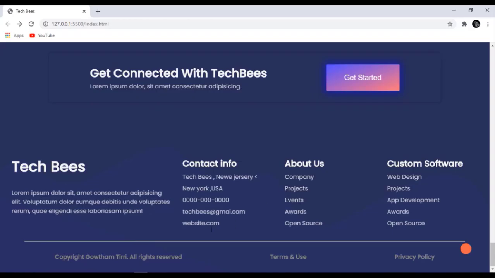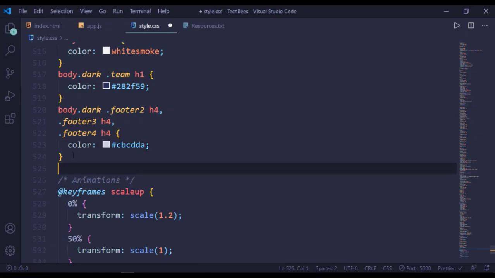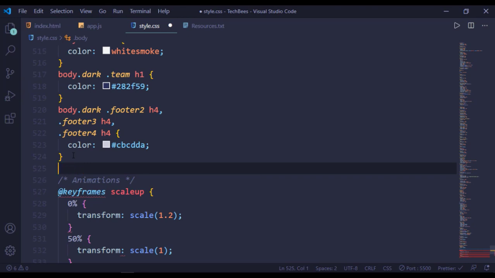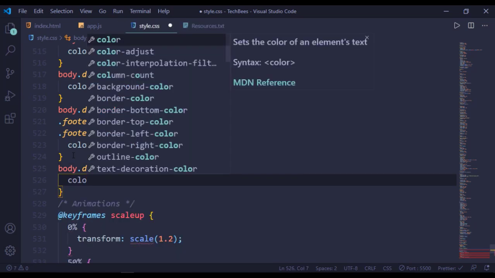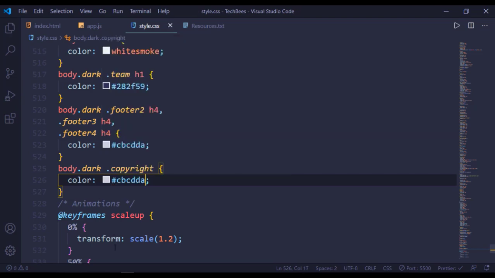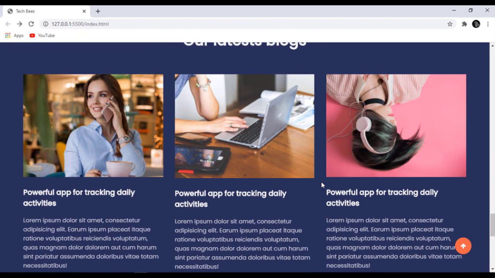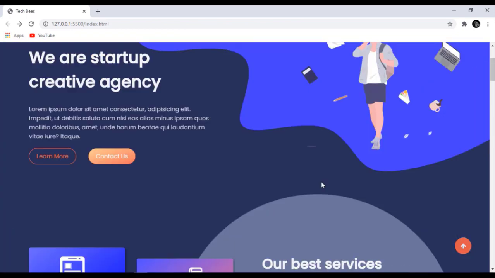You can see this here. And for our copyright section also, in our body in dark mode, our copyright section has this color. Now our website has a dark mode,